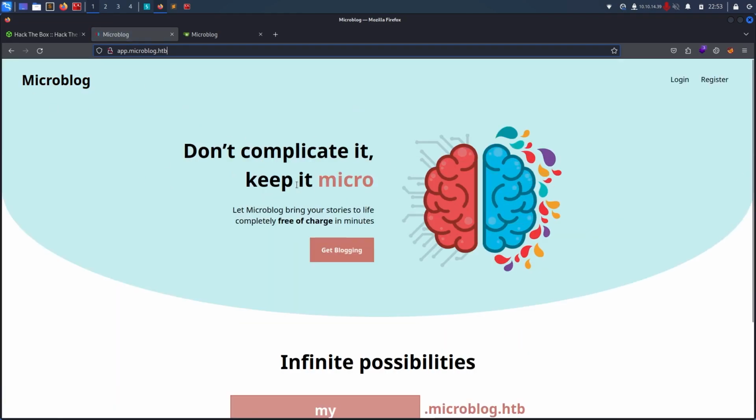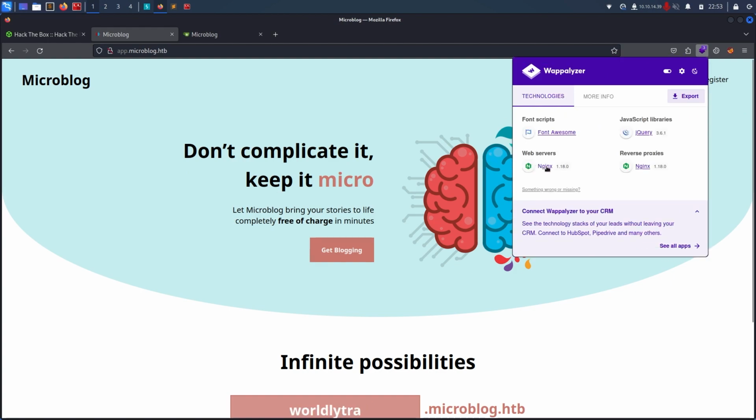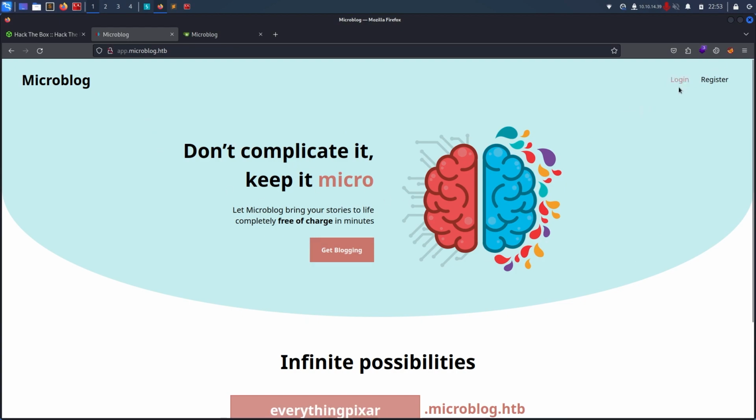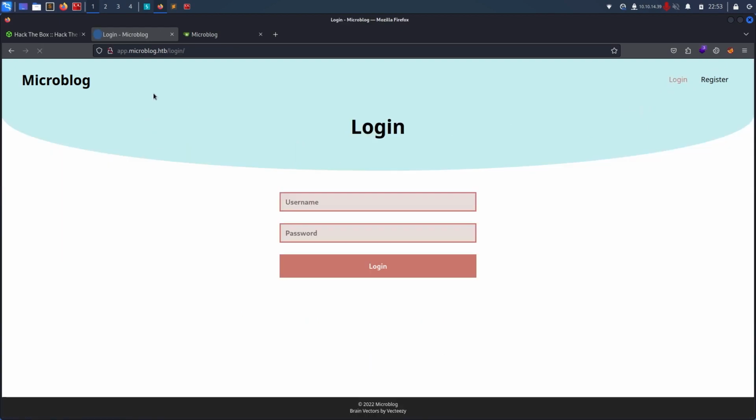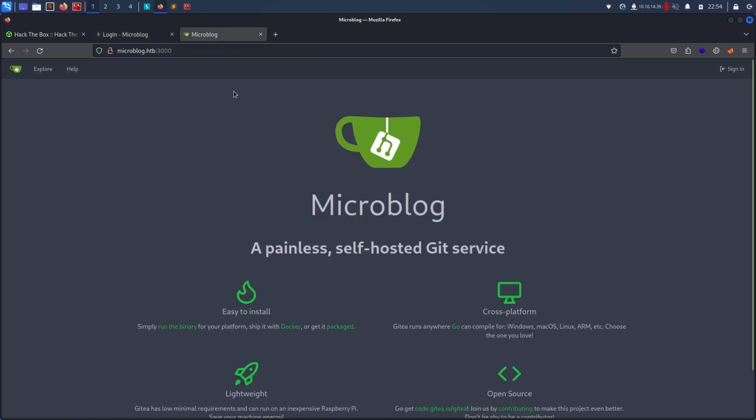It says Microblog, and I can see Wappalyzer as well to see the technologies: Nginx 1.18.0, jQuery, Font Awesome, nothing interesting. Then there is a login page as well, so I can click on this login page and we have a username and a password field. Then on port 3000 we have